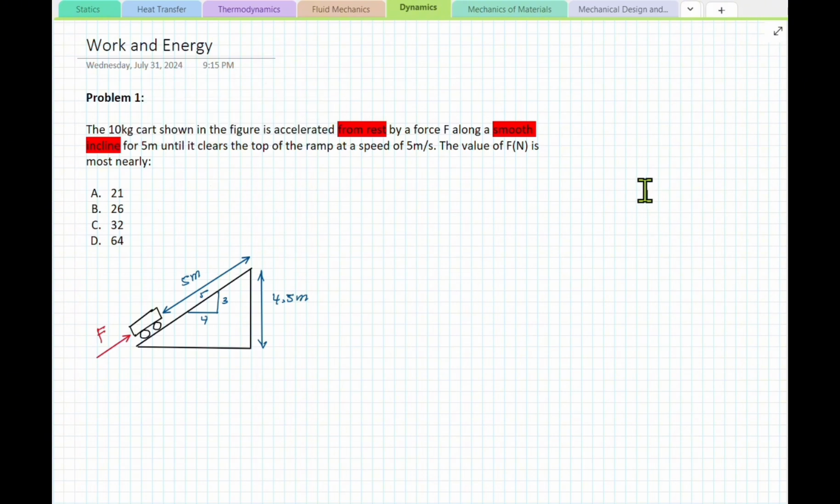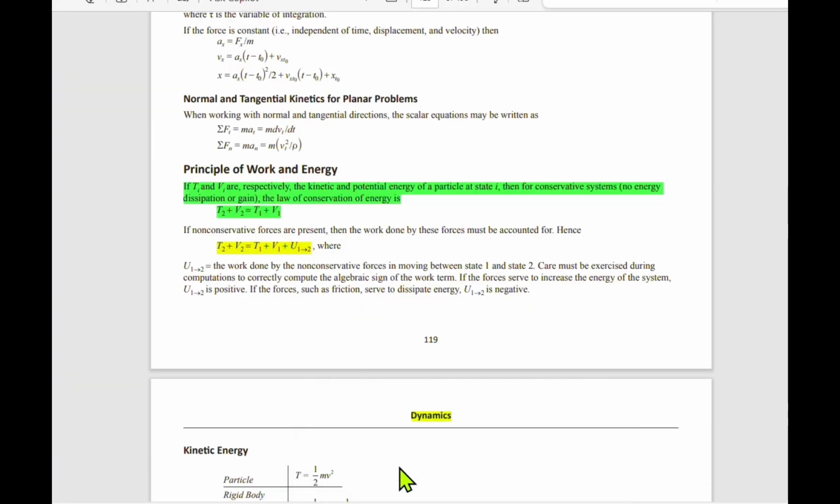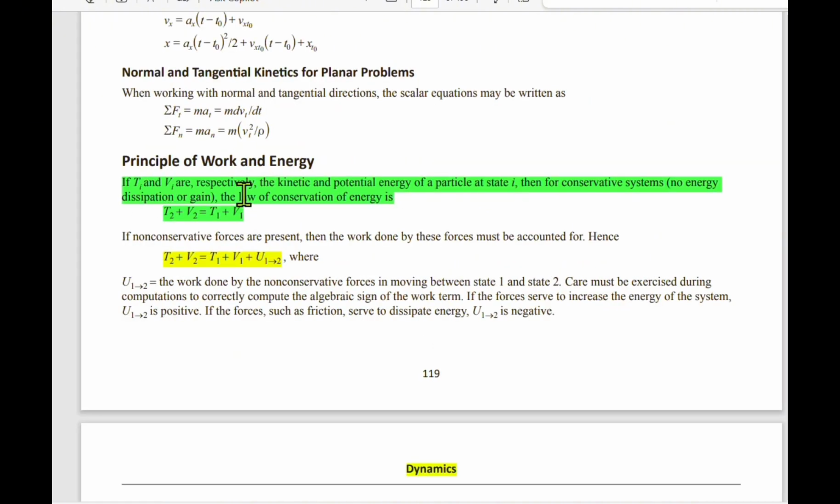As I mentioned before, this is a work and energy related problem. If you're not familiar with the work and energy relationship or equation, we can pull up the FE reference handbook. I searched for dynamics and just started scrolling down until I landed on the principle of work and energy. As you can see here, if T1 and V1 are respectively the kinetic and potential energy of a particle at state 1, which, to relate it to our problem, is the initial state, then for conservative systems